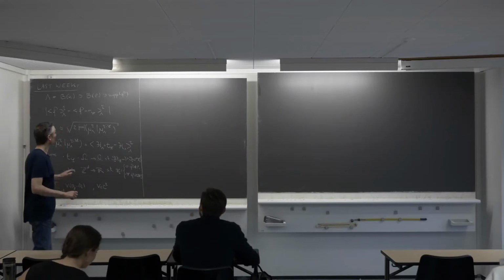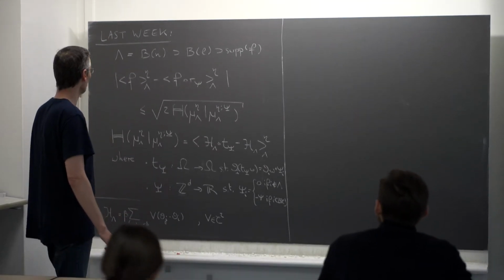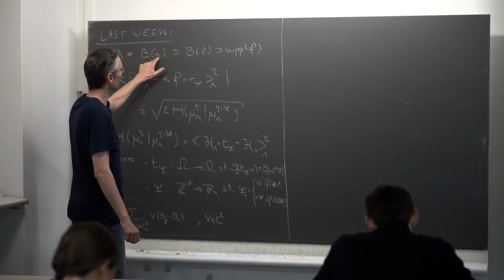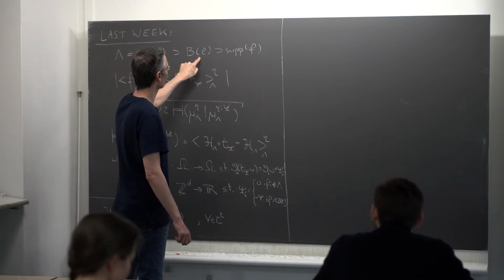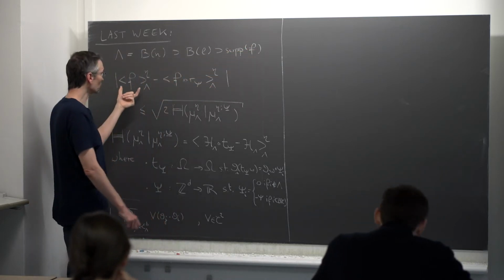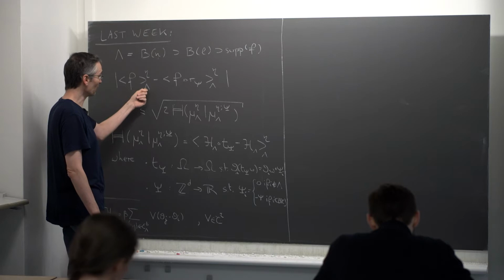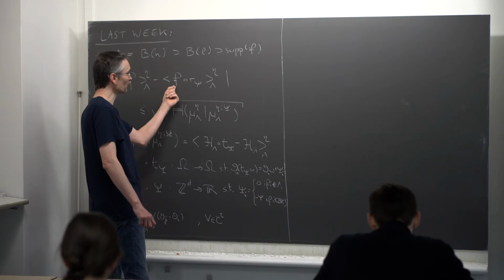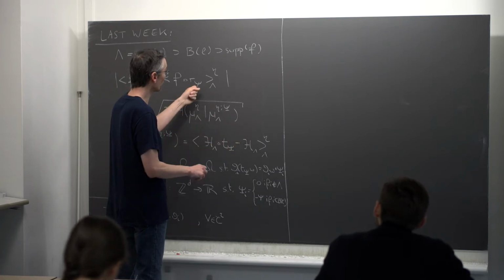Good morning. So I wrote a summary of where we arrived last week. We were considering a finite square box, Bn of radius n, which I call lambda, which contains a smaller box Bl, again centered at the origin, of radius L, which contains the support of some local function f. What we wanted to do was to compare the expected value of this local function f in the box lambda with some boundary condition eta with the corresponding expectation if, before computing the value of f, I first rotate all the spins in the configuration by an angle psi.